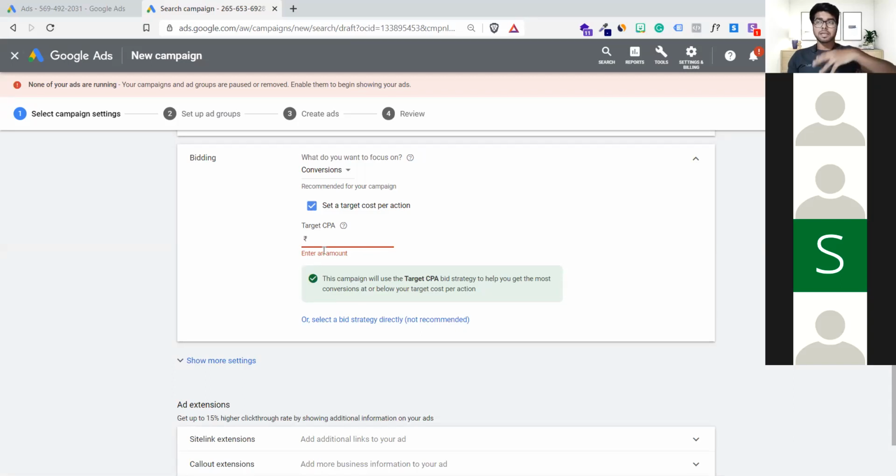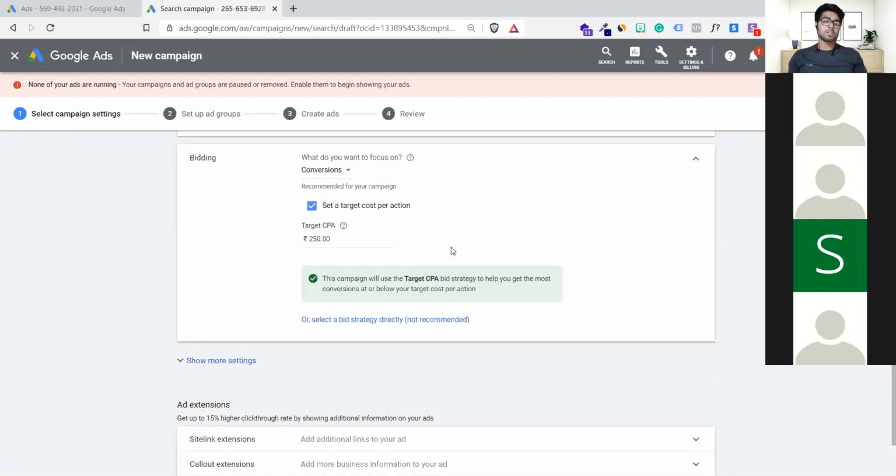Suppose my product costs 500 rupees each, and I'm getting results at 300 rupees, and I'm watching it closely for the last one week. My Google ads are running, and I'm seeing that my cost per lead is 300 rupees, and I think I can make it a little better and reduce it. So I'll come here and give my target cost per acquisition, or cost per action, as under 250.